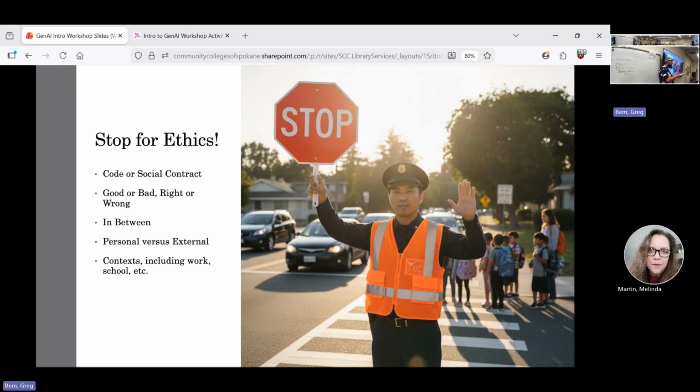Any of these spaces that we occupy, there's going to be different ethical foundations. Some may be similar, some may be very different. And those contexts are very fluid, and sometimes we don't even think about them. A lot of it can be unconscious.